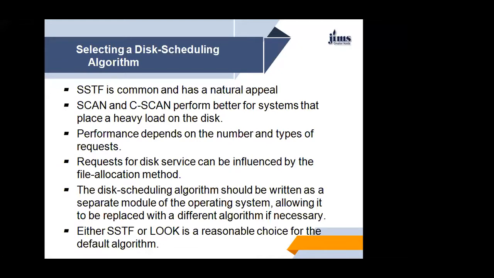Okay, now we will see selecting a disk scheduling algorithm. Shortest seek time first is common and has a natural appeal. Scan and C-SCAN perform better for systems that place a heavy load on the disk. Performance depends on the number and types of requests. Requests for disk service can be influenced by the file allocation method.